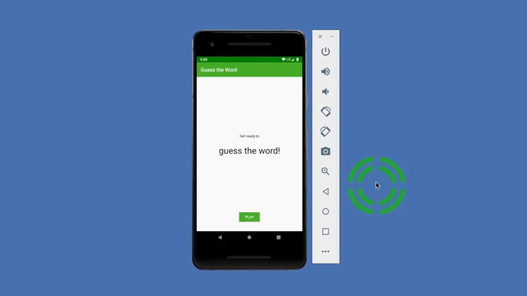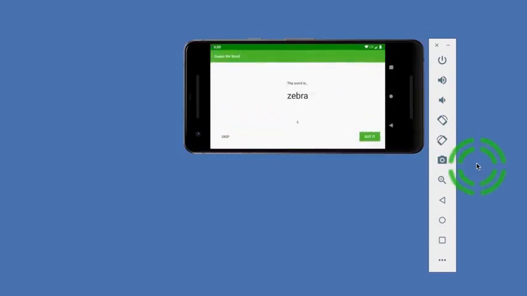So just by adding the view model, you've actually fixed your rotation issue. Here, let me show you. Okay, we're gonna get some scores, and now let's rotate. Ta-da! The word and the score are saved. But adding the view model hasn't resolved all of our problems, and in fact it's actually introduced a few new